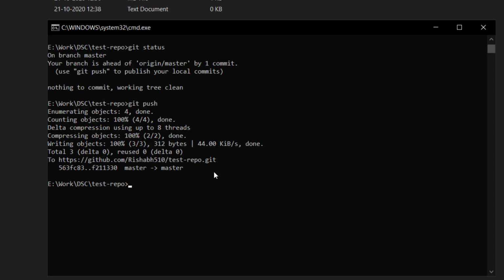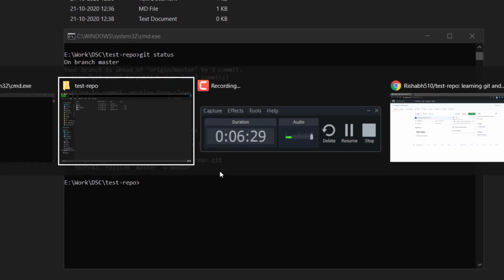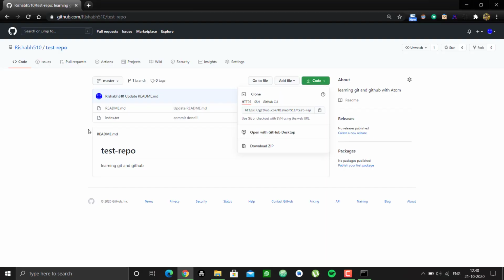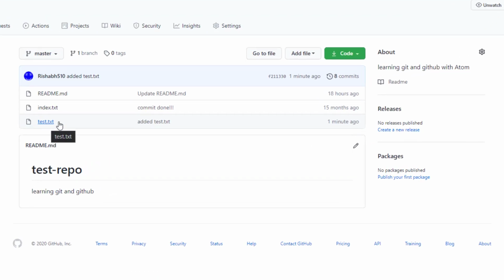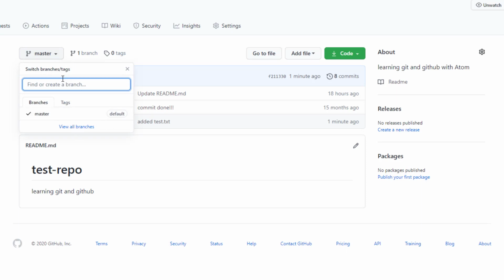Yes, my repository has been successfully pushed to my GitHub account. So if you can see here, let me reload the page. You can see there's a test.txt file being created over here. So this way you can contribute to others' repository also. These are your branches and you can create a new branch from here as well as from the CMD or